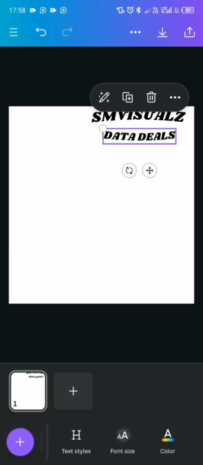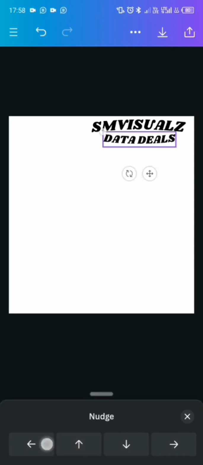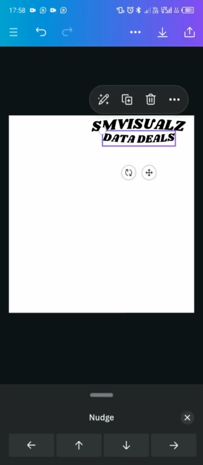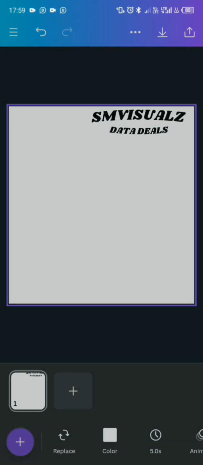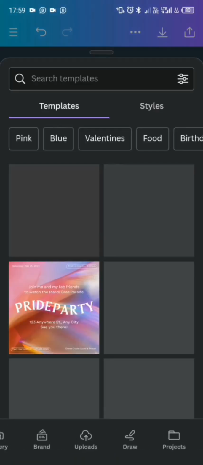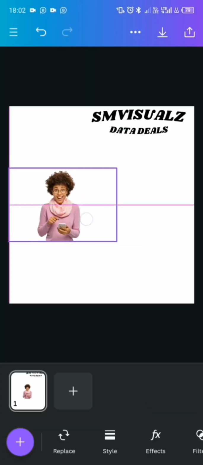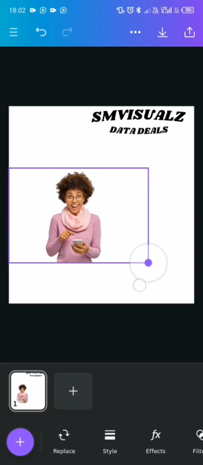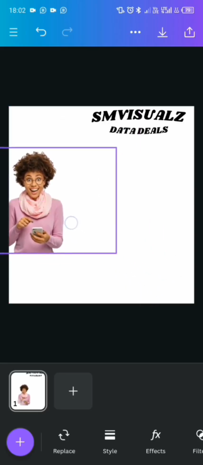And once you're done, you scroll to nudge, you click on the nudge, then you can use it to move it to wherever I want to move it to. And after that, click on the empty space that is there, click on plus button, then go to upload, and I'll click on the stock image which I want to bring to my flyer. Adjust the stock image to look bigger, then push it to the side,